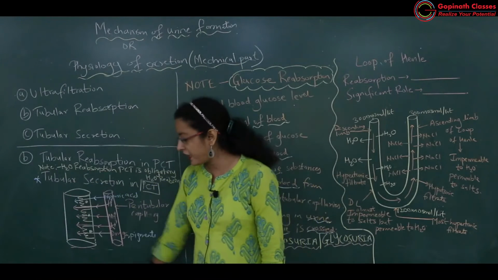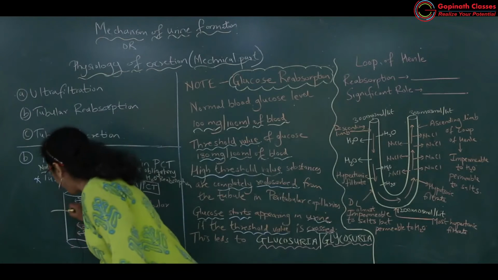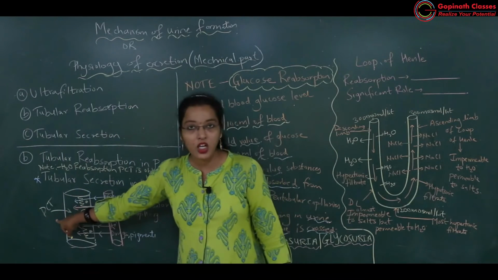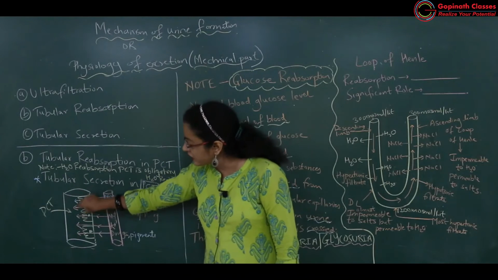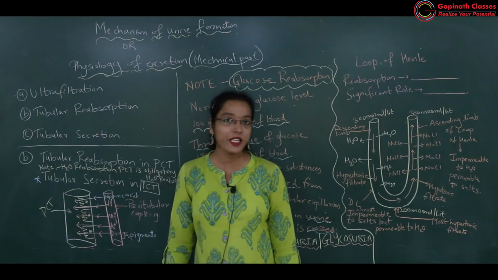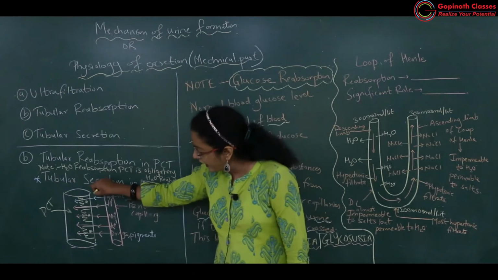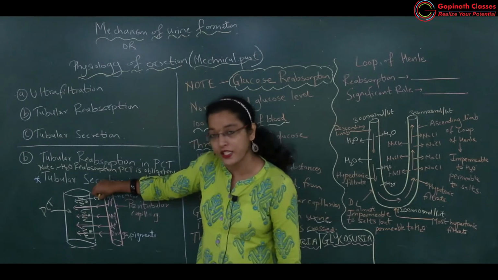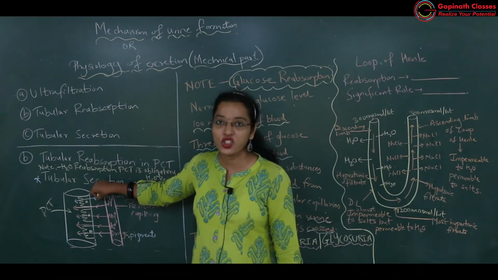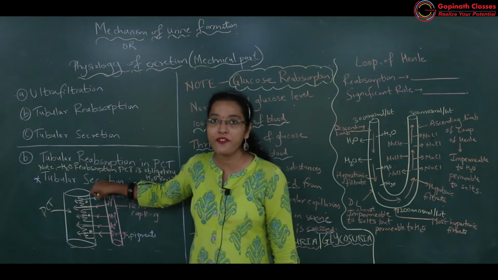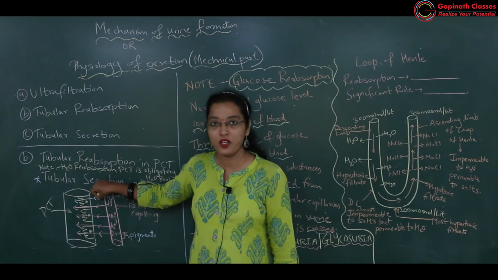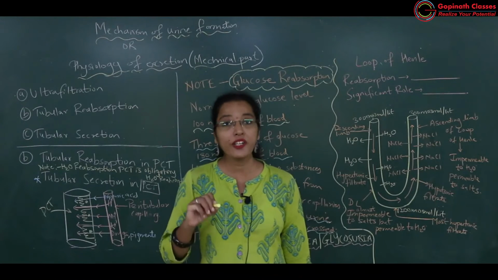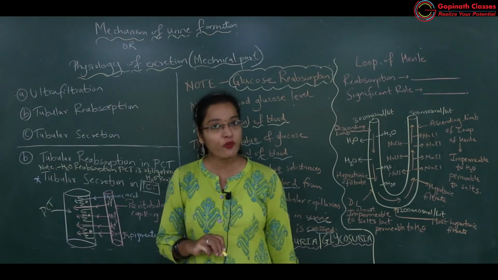So look at this diagram. What is this? This is PCT, proximal convoluted tubule, and this is the brush bordered epithelium of PCT. Okay, and this gap between this PCT and peritubular capillary, what is that? It is interstitium, which is having interstitial fluid. PCT कहाँ पे रहता है? किडनी में, रीनल कॉर्टेक्स में. सो रीनल कॉर्टेक्स में जो इंटरस्टिशियल फ्लूइड है